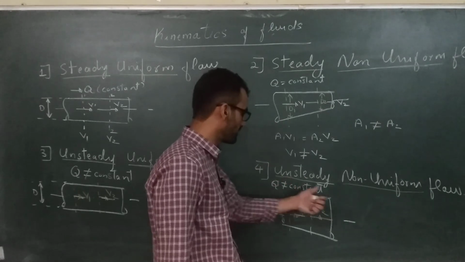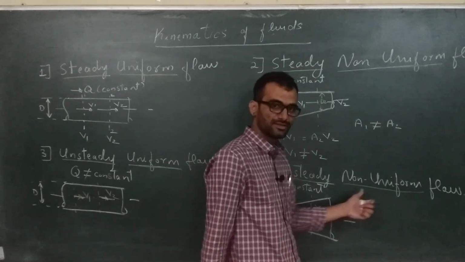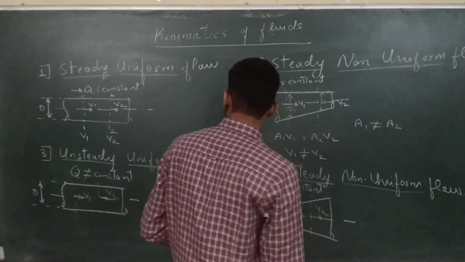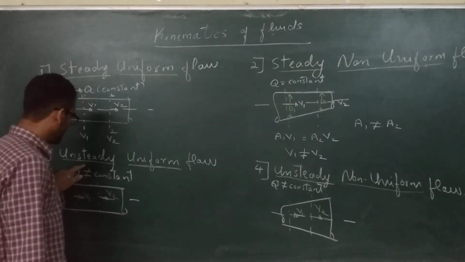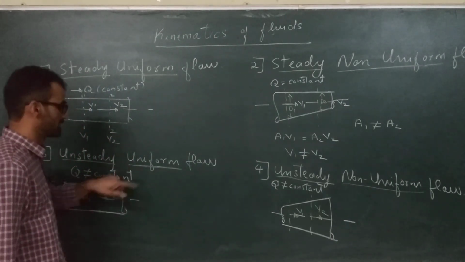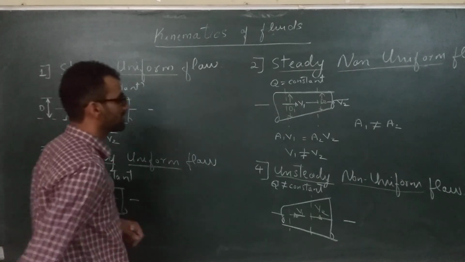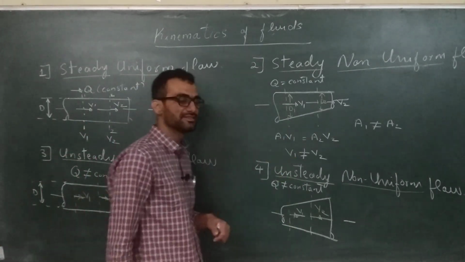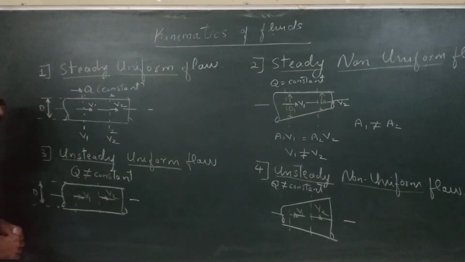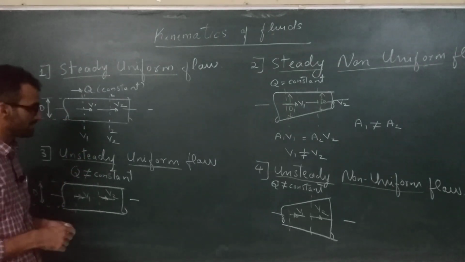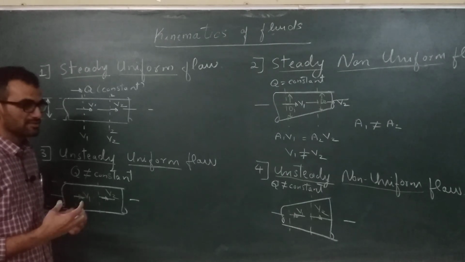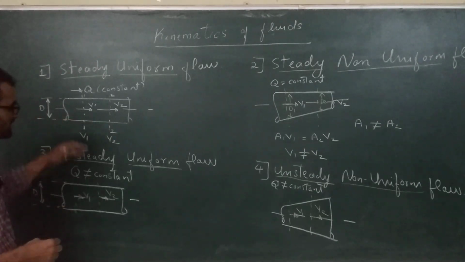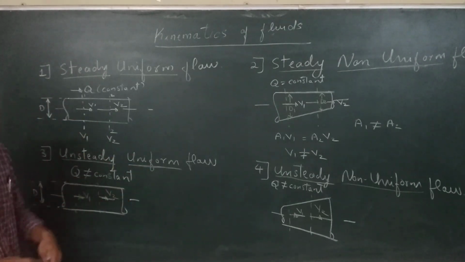Generally we get this type of flows. This type of flows are very common. You can observe this kind of flows. Only unsteady uniform flow is quite difficult to achieve. Alright, so all three can be easily achieved, and we can see this practically also. So these are all the 4 types of flows. Now in the next lecture we will try to see what the acceleration in fluids is and what types of accelerations exist in all these 4 types of flows.